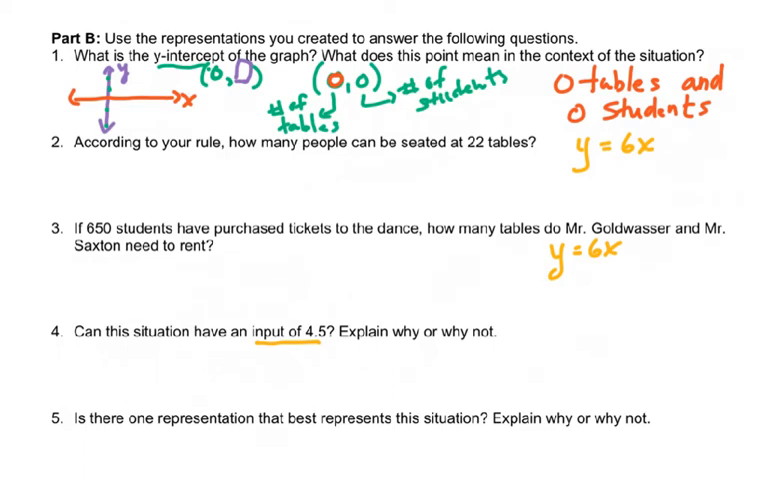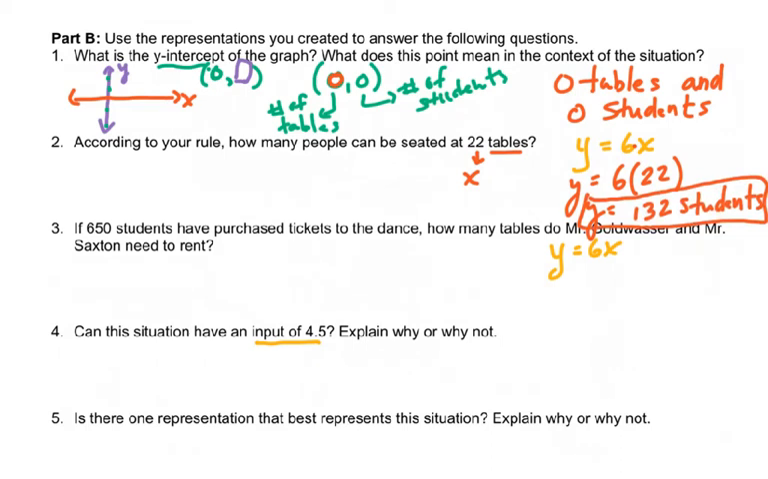The second question is, according to the rule, how many people can be seated at 22 tables? Tables was the x value, so we're going to substitute 22 in for x. So remember, y equals 6x, so the number of students is equal to 6 times the number of tables. So 22 tables, and then we can just solve for y, which is basically simplifying that right-hand side, which is 132 students,